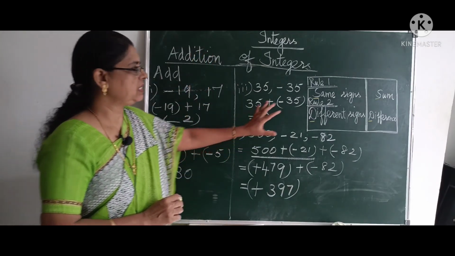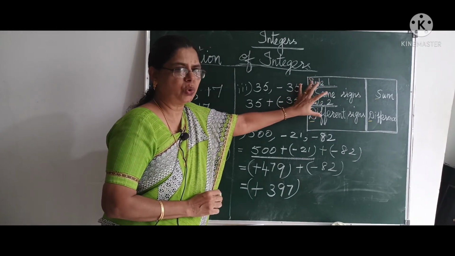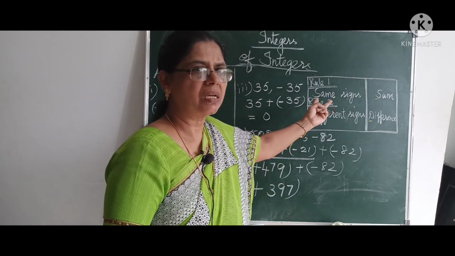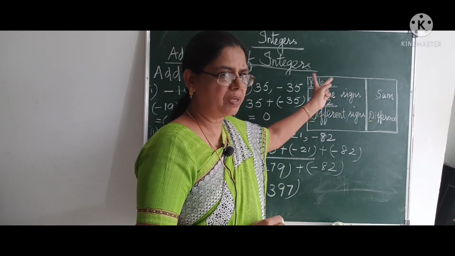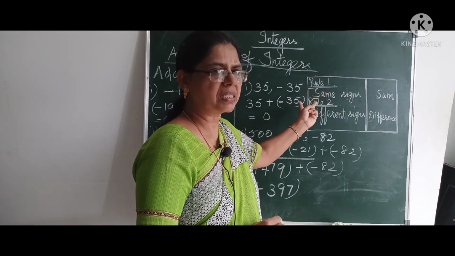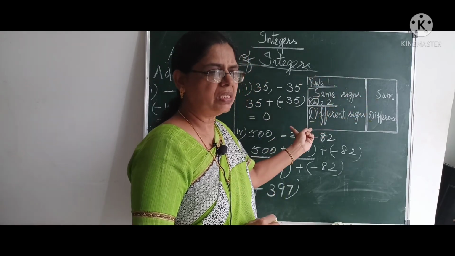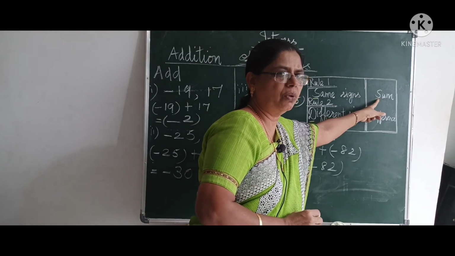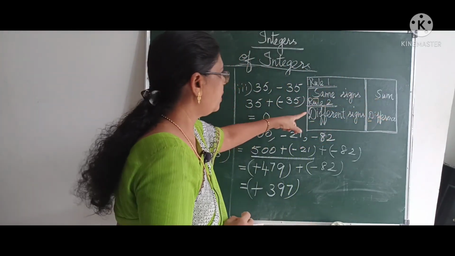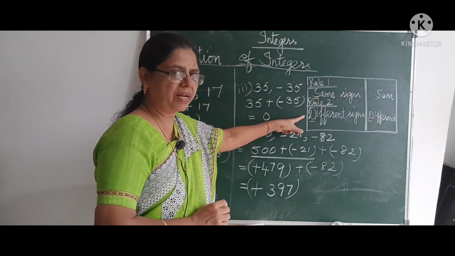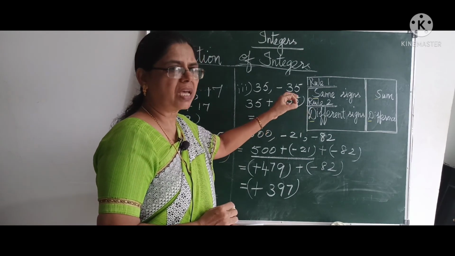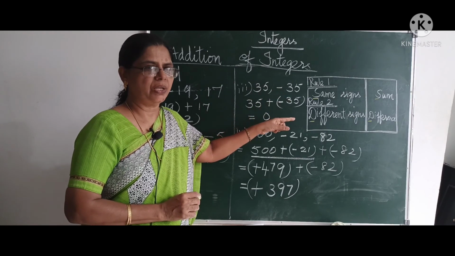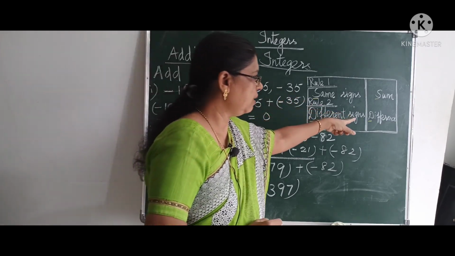Children, I hope now you are very thorough with addition of integers. When you add the integers, always remember these two rules. When you add two integers with the same signs, put the same sign. For example, you are adding two integers with plus sign, put plus sign. Two integers with minus sign, put minus sign and find out the sum of those two integers. And when you add two integers with different signs, put the sign of the integer which has the greater absolute value and then find out the difference